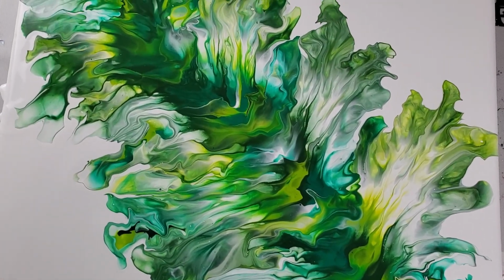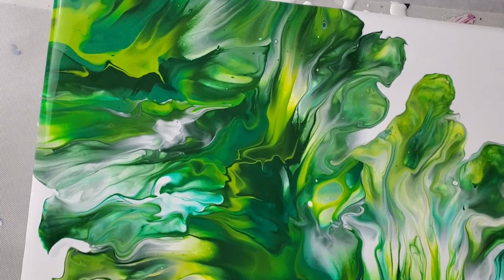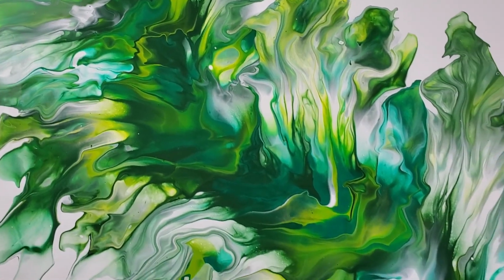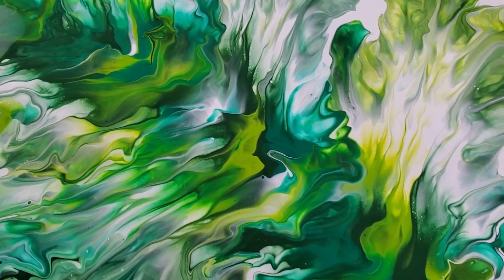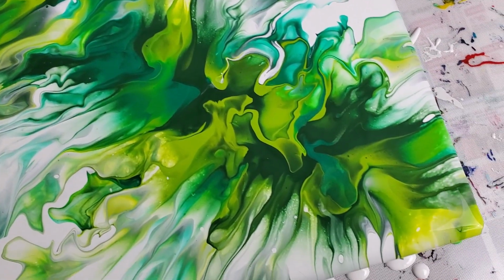I've just been instructed on the next one that I have to do for her on what to do and what not to do. But anyway, here is a close-up of it. You can't really see the metallic part of it due to the lighting,